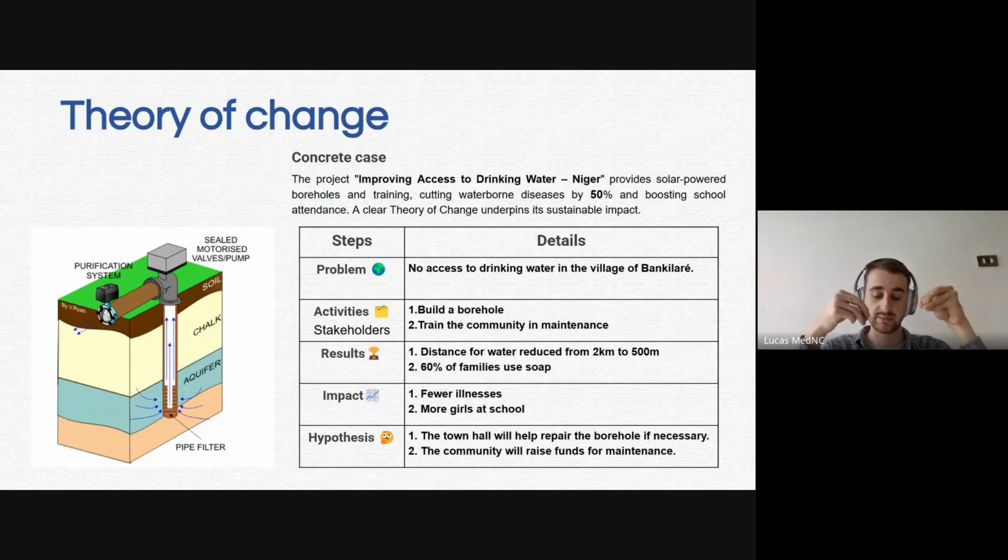Why do we train on this? Because they have a lot of hydric diseases like diarrhea and cholera, regarding not clean water. So as soon as we bring drinkable water and clean water, how can we use it? How can we not waste it? Okay, that will be part of the two big main activities.